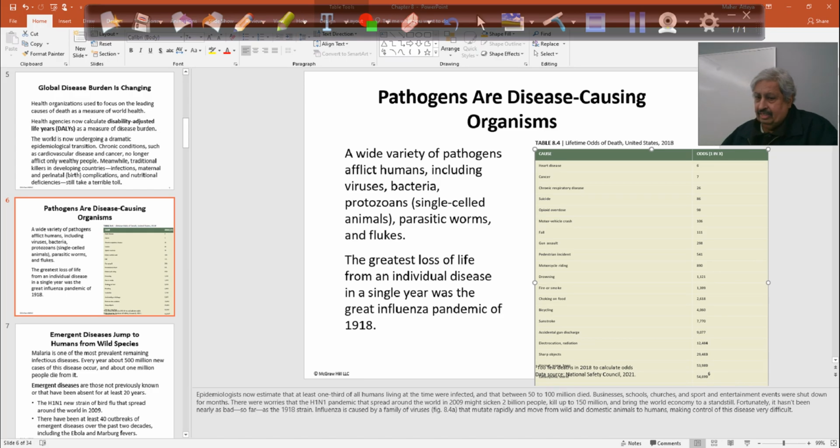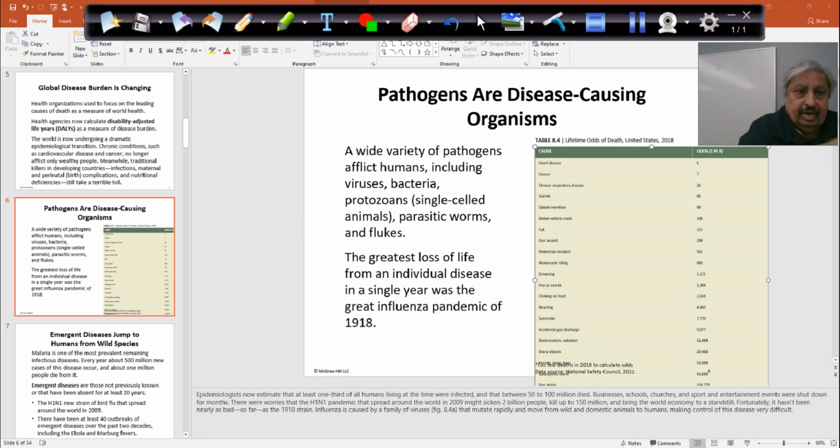So that's an index he has used to determine how frequent those mishaps can happen. Correct? The greatest loss of life from an individual disease in a single year was the great influenza pandemic of 1918. Well, the author is not looking at Corona time, correct? We lost millions of lives, and that was done by a virus, correct? So you can add to this here COVID